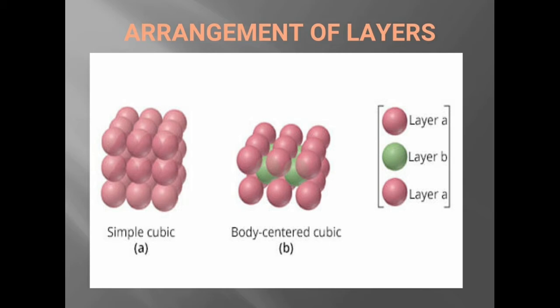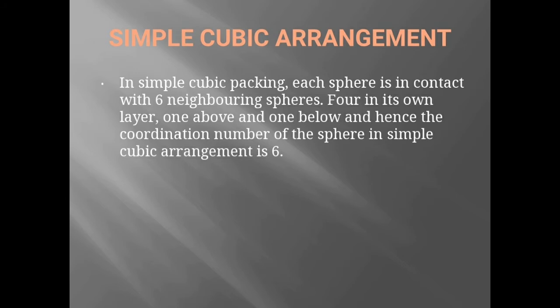You can see that the simple cubic is full of the same layer, A layer, once again A layer. The A layer represents the red color balls and the B layer represents the green color balls. So everything is full of red color balls only. It represents a simple layer, only layer A is present. Then come to the point of B, it is body centered cubic. First of all A layer, and then at the body center there is a B layer. Once again the same A layer. So it will be repeated in the case of body centered cubic.